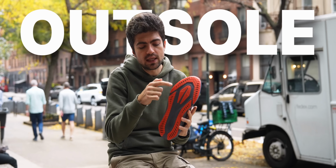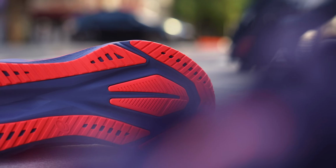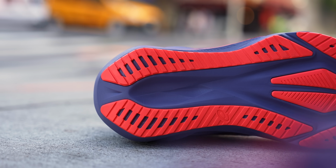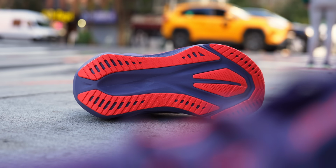ASICS A-Hard grip here on the outsole. No comment whatsoever at this point. I will update this video with, let's say, a long-term review of this shoe, but for now, it's just working really